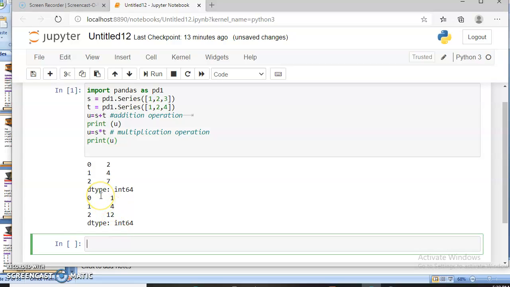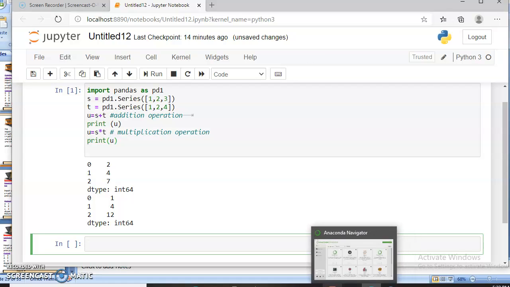Okay, and the data type of the result series is integer, because in both series I have inserted integer elements, and when we apply the addition and multiplication operation on any two integer series, then it will produce the output as an integer series. So in this manner we can implement the mathematical addition and multiplication operation on both series.